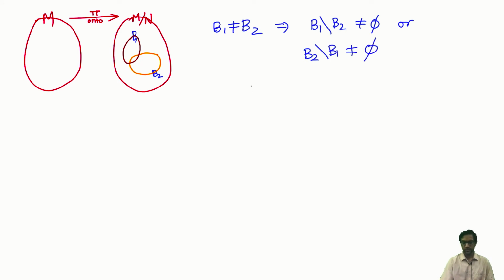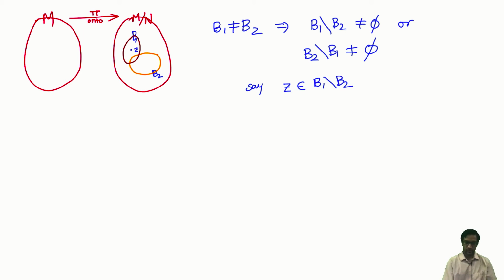Okay, so let's assume it's the first one. Let's pick an element x which is in B1 minus B2. So as not to confuse it with the earlier x, let me call it z. So z is actually a coset in this example, because it's an element of M mod N. So let's take z in B1 minus B2 and observe that,